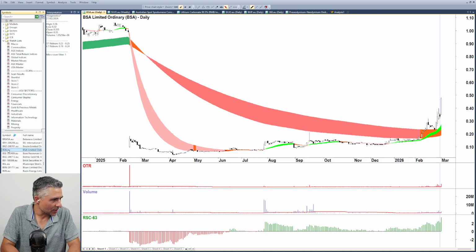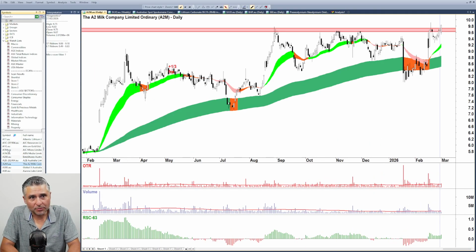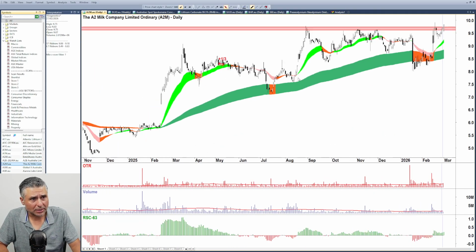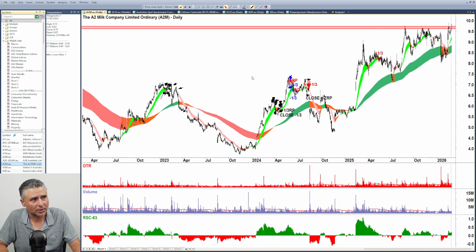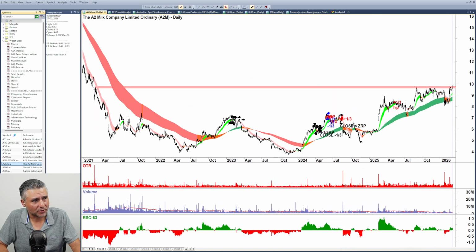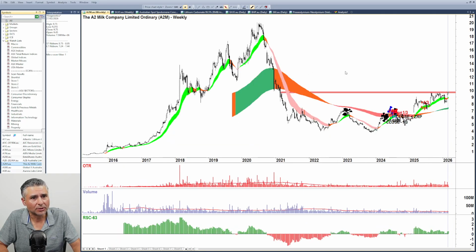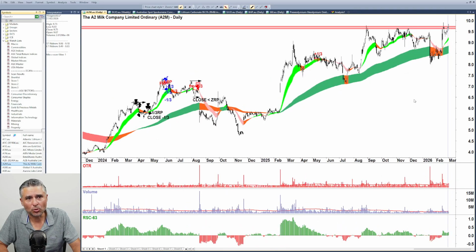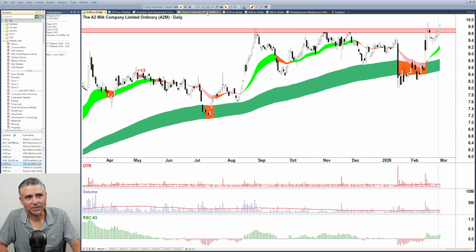So we've got Avant saying, please look at A2 Milk, which definitely made the regular list today. And we can see some old supply here. Let me zoom out. In fact, it's a little bit of a decent zone there, from the weekly chart. So that's important because we've actually cracked it. I mean, look at how many tests. What a wonderful chart. What a wonderful case study for how historical supply tends to continue to act as supply. And even better, to prove my point about round numbers.